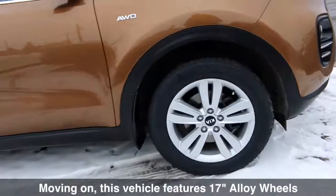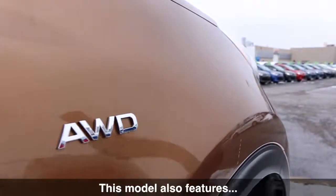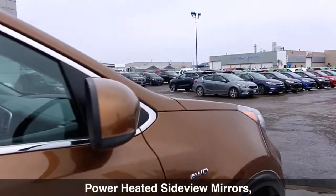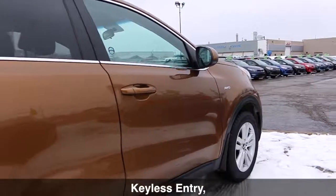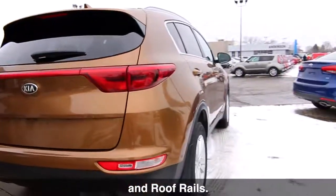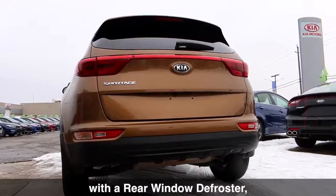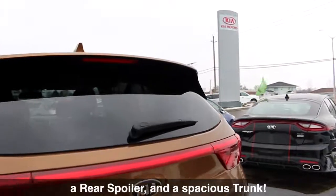Moving on, this vehicle features 17-inch alloy wheels with 4-wheel ABS disc brakes and high-performance shocks. This model also features power heated side view mirrors, keyless entry, privacy tint glass, and roof rails. Moving toward the rear now, the Sportage comes equipped with a rear window defroster, rear window wiper, a rear spoiler,